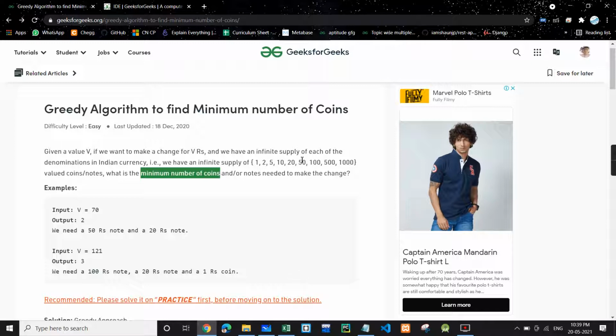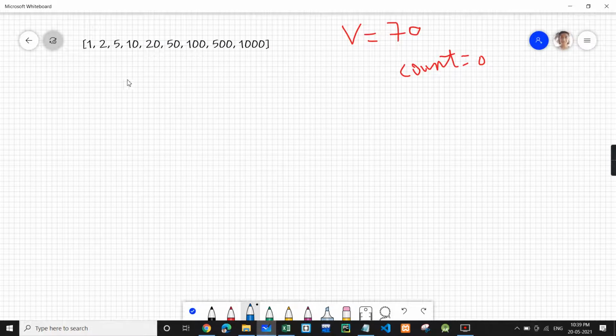These are the denominations, all the coins which we have. I have written it over here, and the value, the change, is 70 rupees, and we have to find the minimum number of coins, so minimum count.